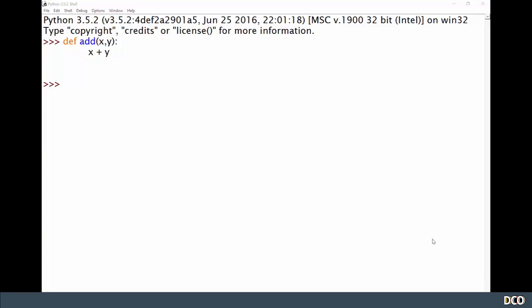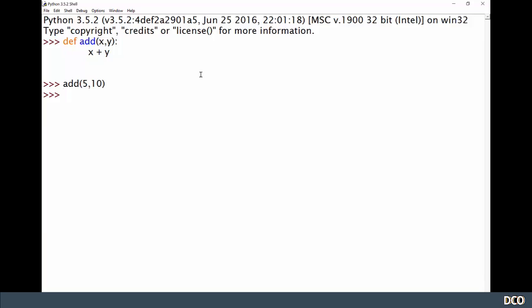So now to get our function to run, we need to call the function. It's called calling a function. So the way that we can make this work is if we did add, just type the function name, and then you type in your parameters. So let's say we want to add together 5 and 10. Now actually you may not have noticed it, but let me just go back and show you. If I type in add and open the brackets, you can see this little pop-up come up here. That's Python telling us what parameters we might need. So we need two numbers, let's just say 5 and 10. So that's something quite useful. Now when I press enter,